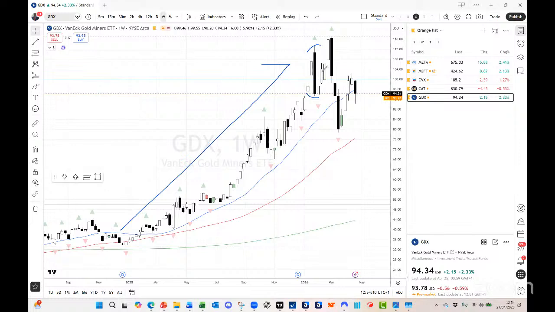And actually, what we saw was, as we went into the war, we did flush a bit higher. But then we printed another bearish engulfing candle, another bearish key reversal candle, pushed to new highs, but then rolled over and closed beneath the low of the previous candle. And then we fell away. Then we had basically war off, risk on, back up to that sort of $100 level.